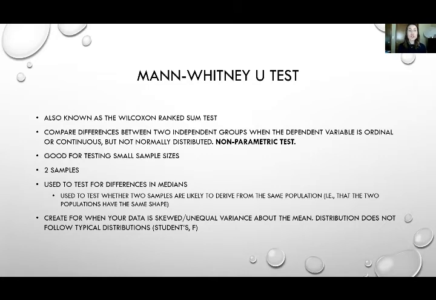sizes. You do it for 2 samples, so it's similar to a t-test or an ANOVA with 2 samples. And it's used to test for differences in medians, which differentiates it from a t-test. And it tests whether 2 samples are likely to derive from the same population, i.e. that 2 populations have the same shape. And it's created for when your data is skewed or you have unequal variance about the mean, as we saw in the last slide, and your distribution does not follow any sort of typical distribution like a normal or student's